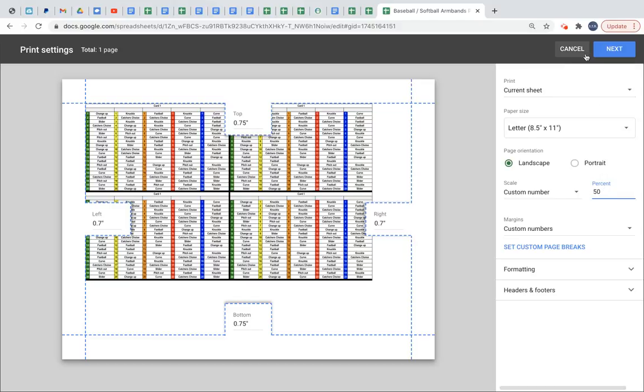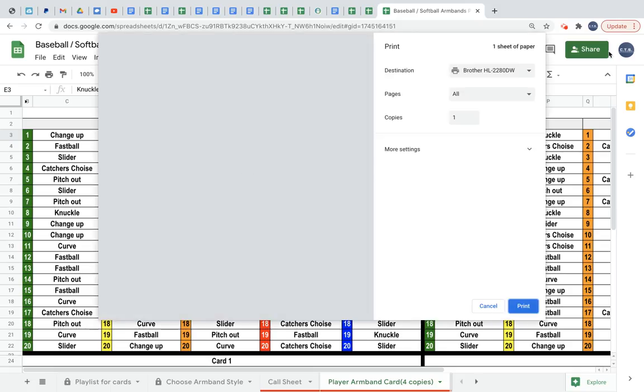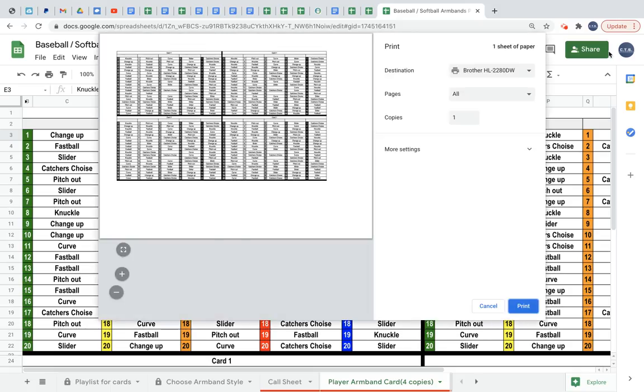If any of that's confusing, which I understand if it is, I would be more than happy to get on the phone with somebody and talk them through printing. I've done it, probably 15, 20 times. Does not bother me. What would bother me is if you print off armbands and a call sheet and they didn't match